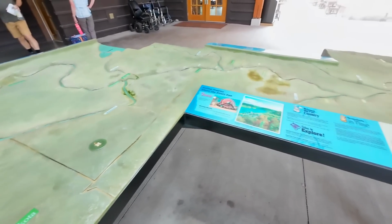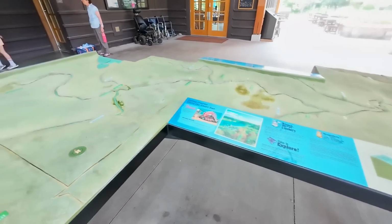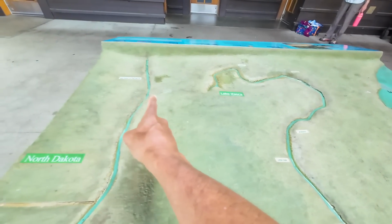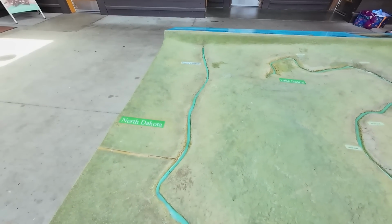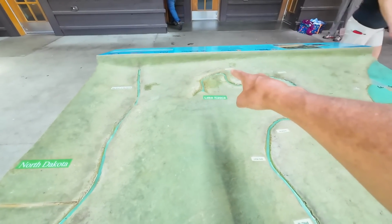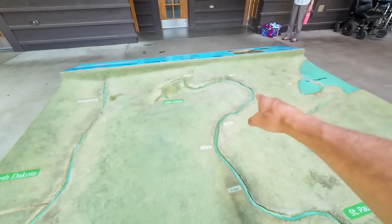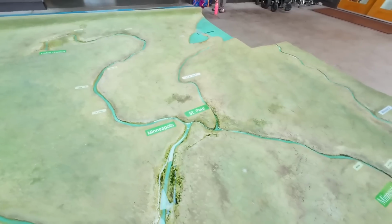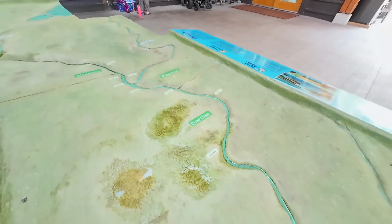Okay, this is pretty cool here at the Visitor Center. They have this big topographical representation of the river. And it's starting up here at Lake Itasca. And right over here is the Red River of the North. That actually runs north. That's right where I work at the farm in North Dakota, probably about right here, midway through the state. So it starts at Lake Itasca, goes through Bemidji Lake, which is where I paddled yesterday, through Grand Rapids. I drove over a bridge over the river there, and then starts heading south by Minneapolis, St. Paul, down the southern part of Minnesota, through Wisconsin, pretty much through the middle of the state,